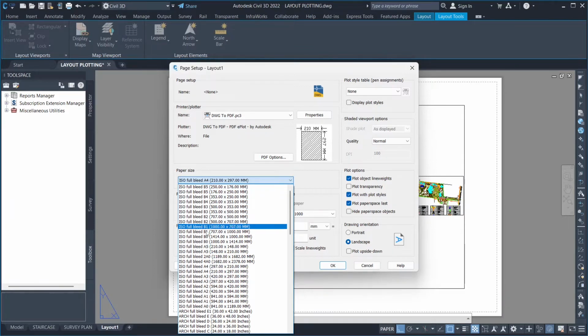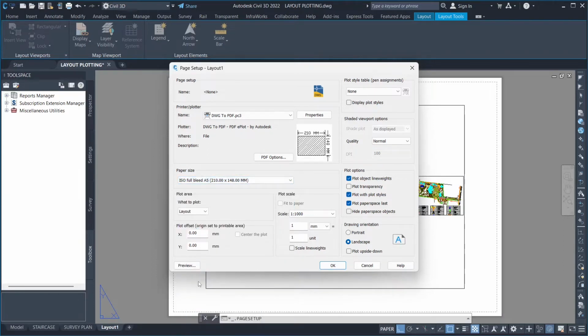So if I was to select ISO A5, this one, in landscape, right? And then I want it to be a layout. The scale will define it in paper. This one we want it to be at least